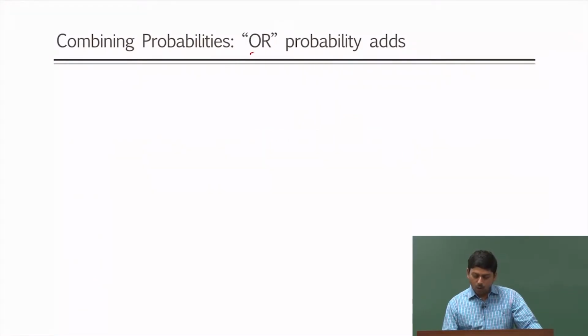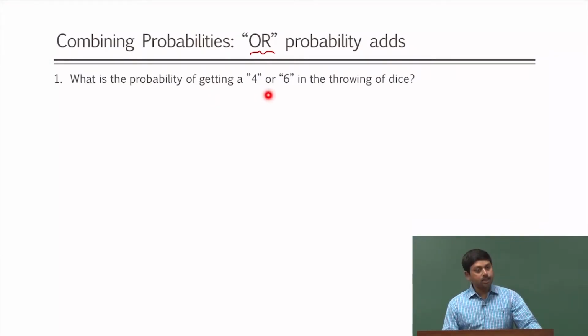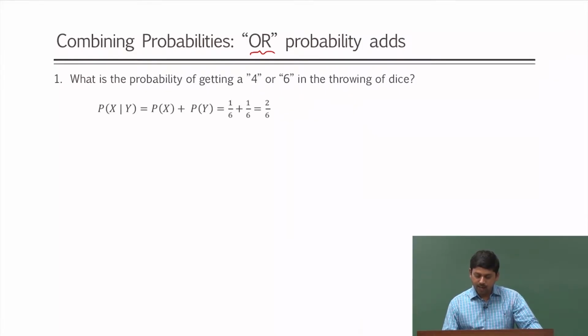Now, let us talk about OR probability. OR probability adds. What is the probability of getting a 4 or 6? See, we want 4 or 6, either of them is okay for us, in the throwing of a dice. So, we put this sign as an OR sign. So, x is getting a 4 and y is getting a 6. So, we say x or y will be added up, Px plus Py, 1 by 6 plus 1 by 6